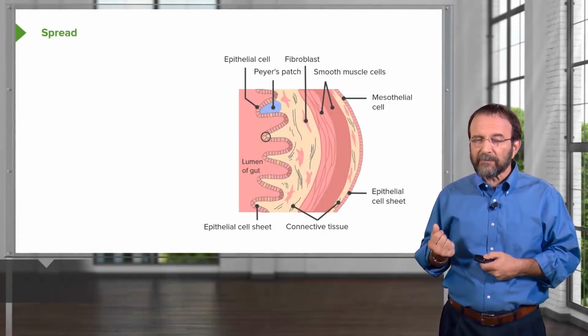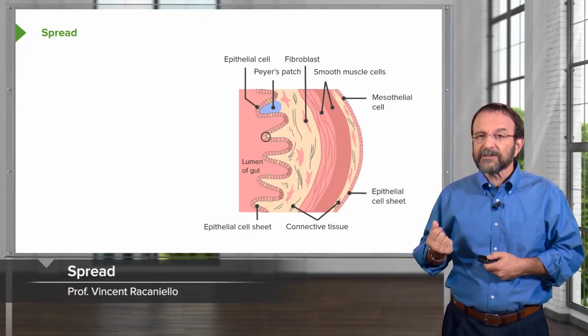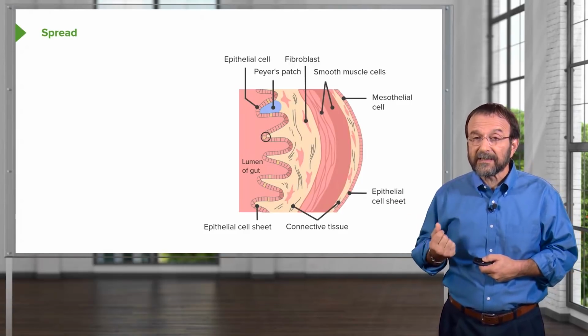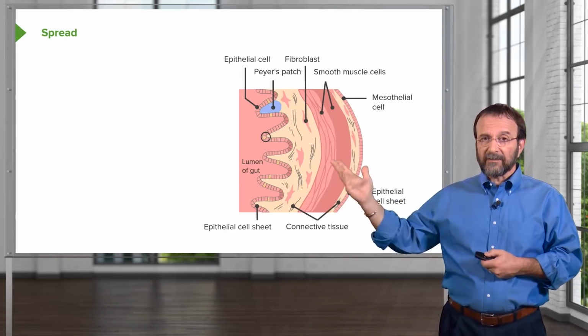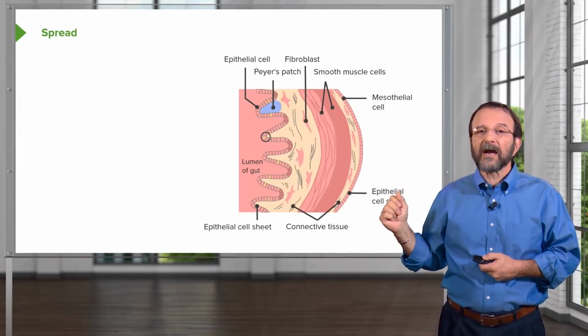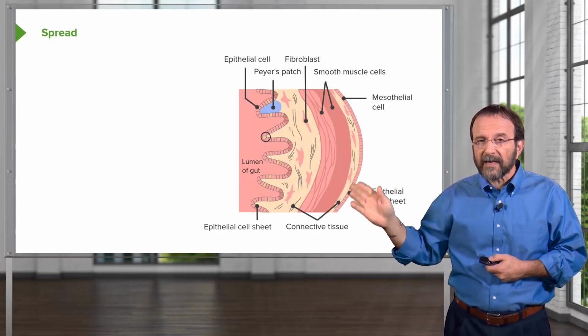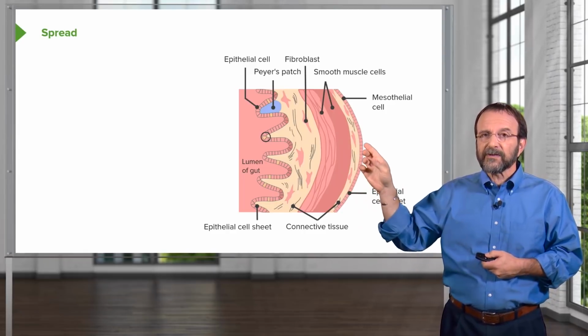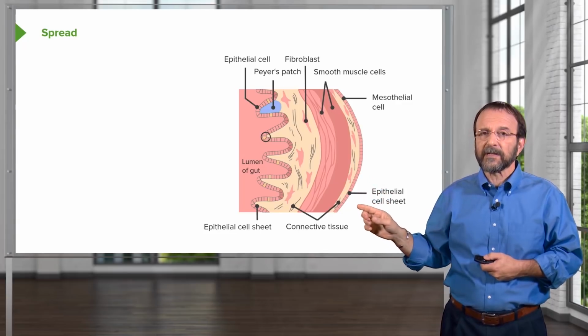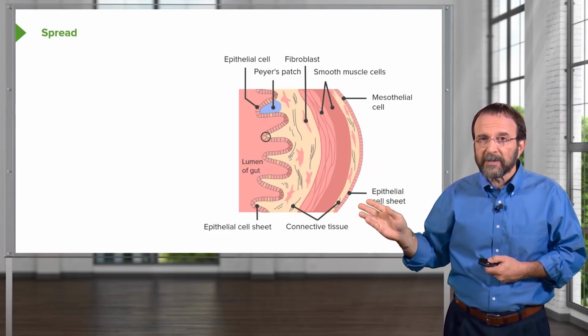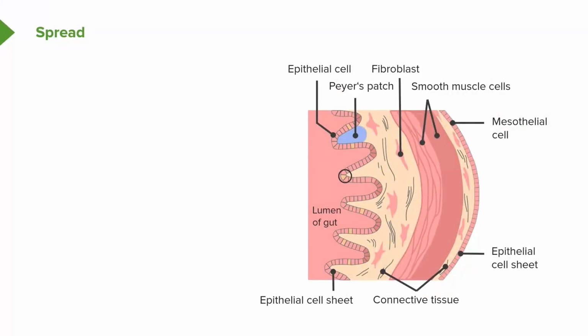Once you're in a mucosal membrane, there are ways to get across that, which are even easier than in the skin. You typically don't need an injury. Here's a cross-section of the intestinal mucosal barrier. And on the left side is the lumen of the gut, the space on the interior. And the first line of defense is an epithelial cell barrier. And below that are the submucosal tissues. And that also contains capillaries and lymph capillaries. So if a pathogen can get across the epithelial cell sheet, it has access to the circulatory system, which can bring it anywhere. And of course, below that are the muscle cells that help to contract